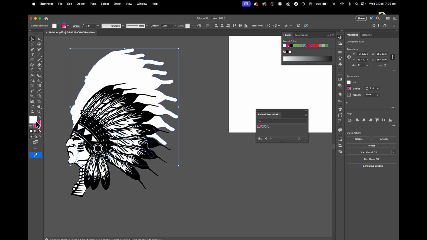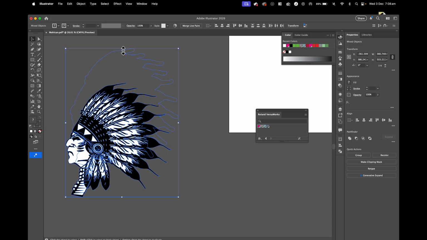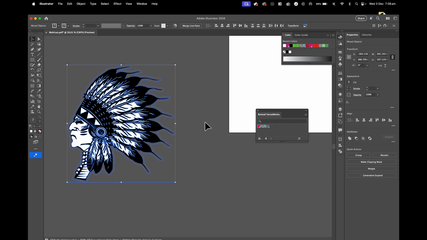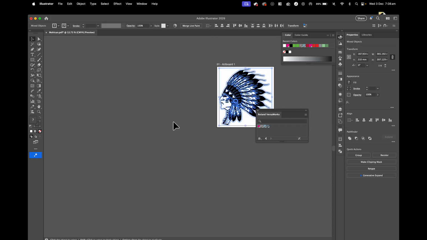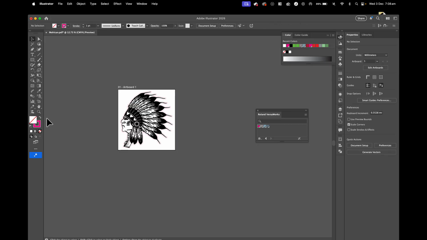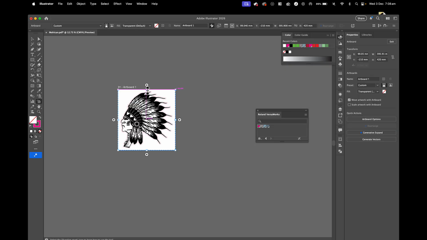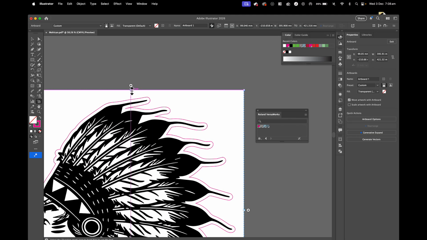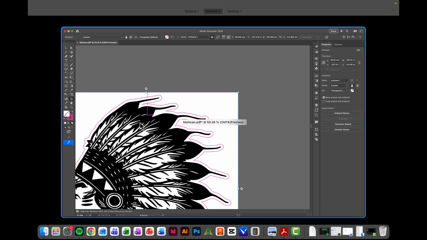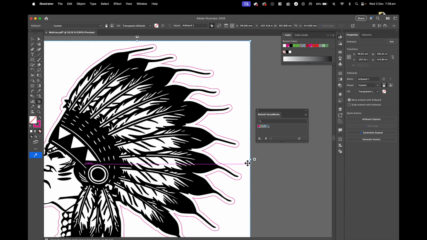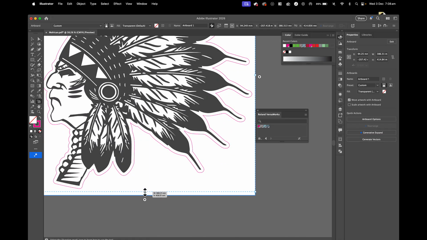So I'm just going to get rid of the white fill there and align center and middle. Now another thing to remember when you are printing on the sticker cutter is if your artboards are huge, say you've been working on an A4 page and it's floating in the middle of the page, you want to bring the artboard in, and that's the adjust artboard tool just here. You want to bring the artboard in right to the edge, because if you're doing multiples of these, there's going to be massive gaps in between it, and when it saves, it prints the entire page. So you can just adjust the artboards once you've finished with the final sticker. You can delete anything from outside the artboards,